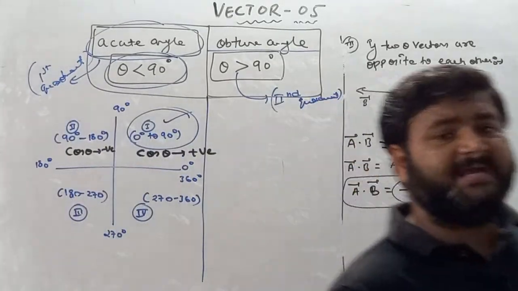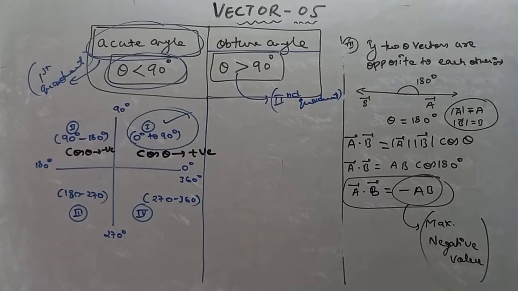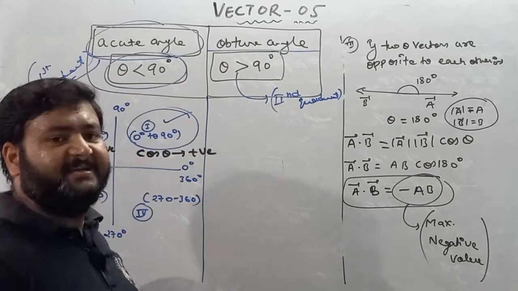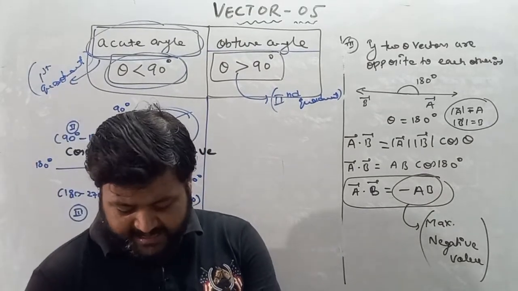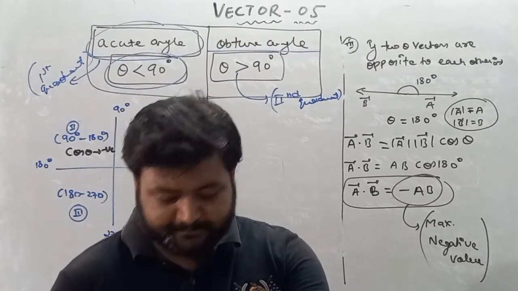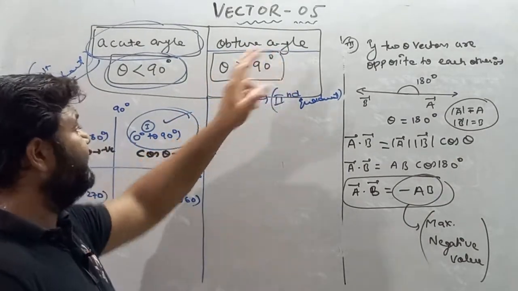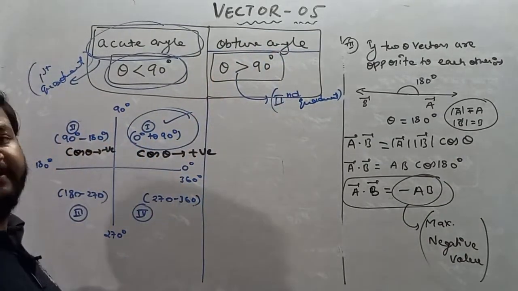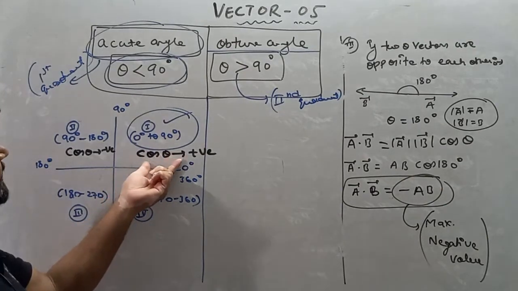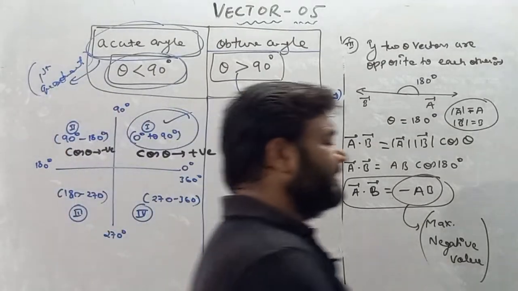So what this implies is that if I am talking about acute angle, then theta must be less than 90. And if theta is less than 90, it implies that we are talking about first quadrant. Similarly, if theta is greater than 90, it is considered to be obtuse angle, and in that case we are talking about second quadrant. And remember my dear student, in first quadrant cos theta is positive and in second quadrant cos theta is negative.